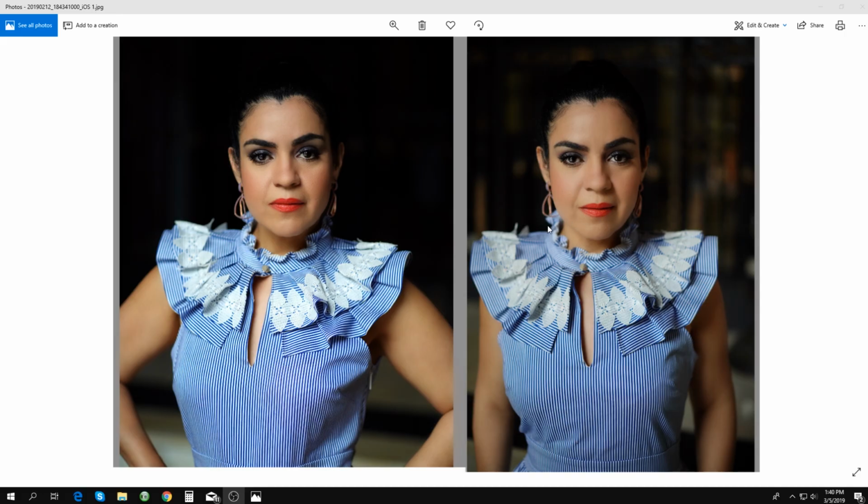That's basically what we get with a wide angle lens: anything close, like her nose, is going to be bigger, and as things go away from the lens, they get smaller. So her ears are smaller here, but her nose is bigger, her eyes are bigger, her lips are bigger, and so forth. Her arms are kind of back. When I first looked at that, I thought it was really strange, because I thought she would like the 85. So I posted this photo on social media,